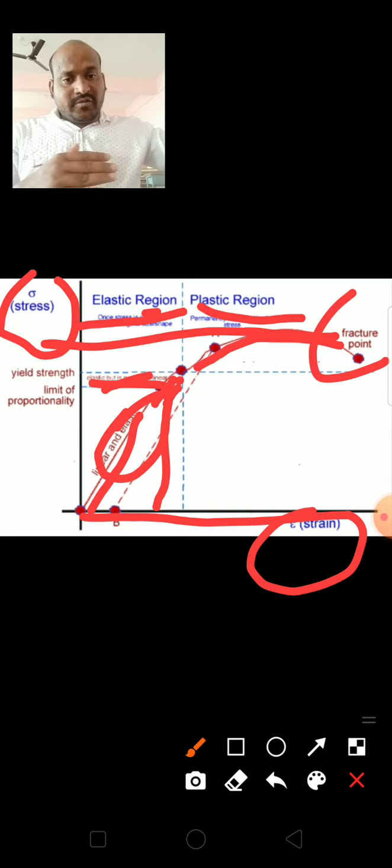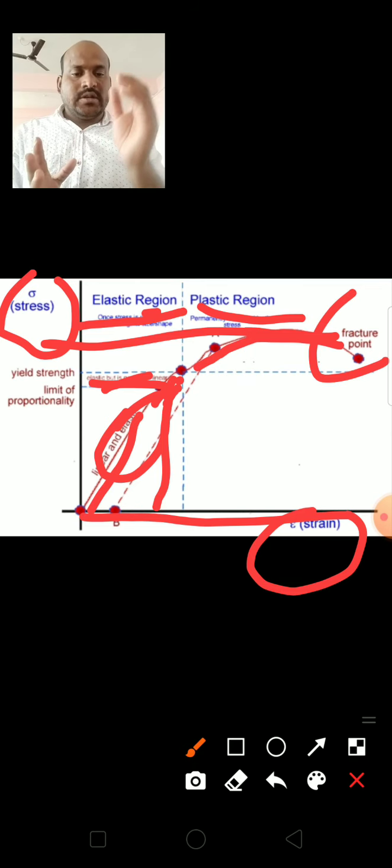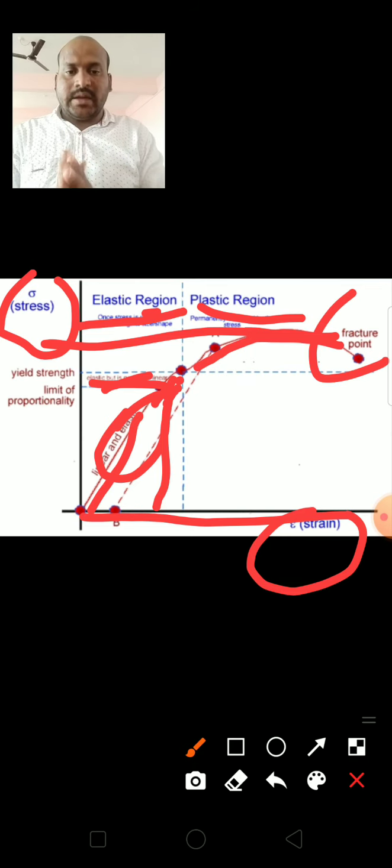After the end of that point, if you just touch the wire of that elastic material, it breaks. That's why I call it the fracture point. So, all of you read the PDF file, I already sent it before.